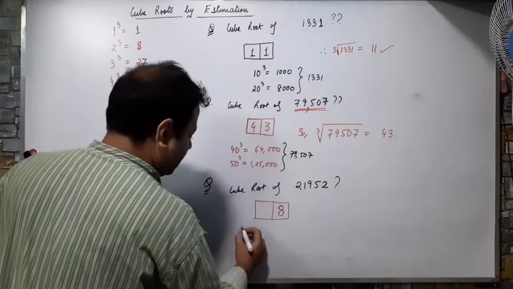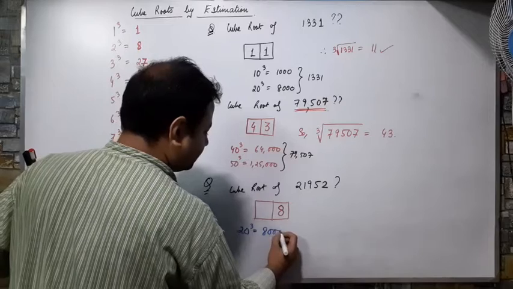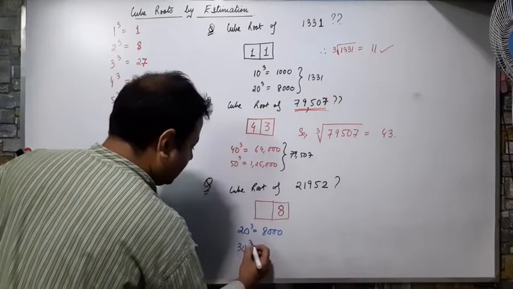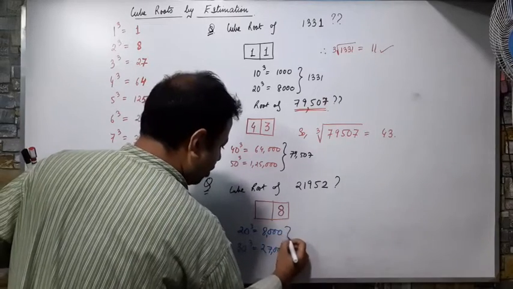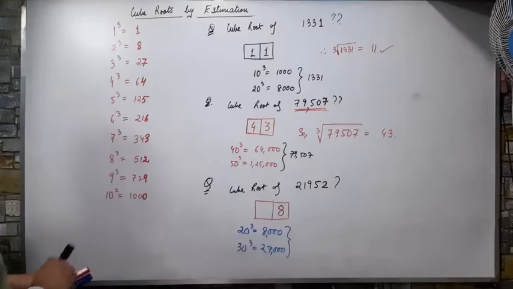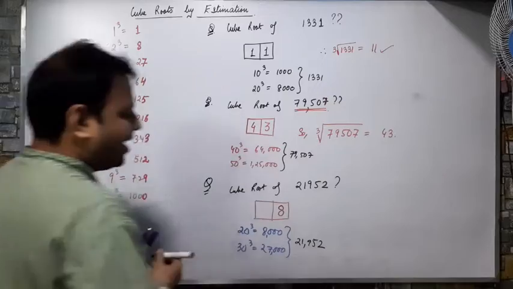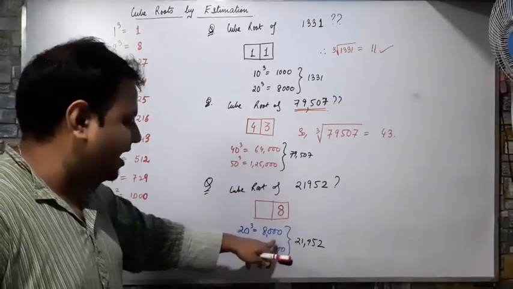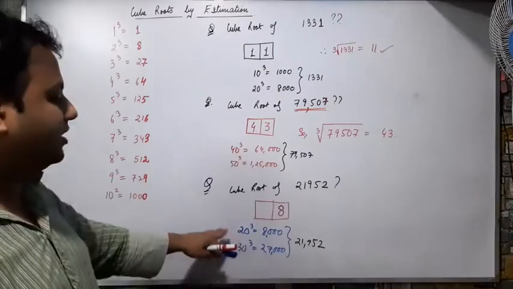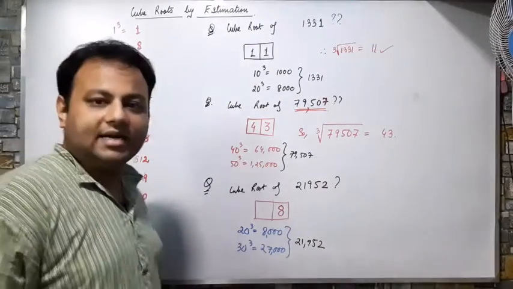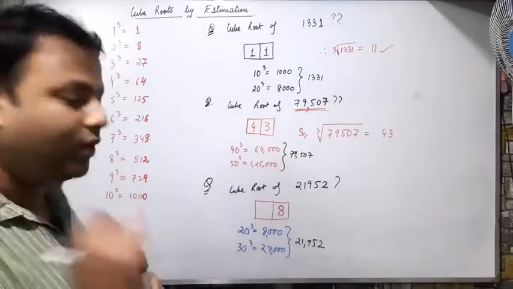I can write here, see, 20's cube is 8,000 and 30's cube is 27,000। So my 21,000 will fall between 8,000 and 27,000। So the cube root of this number must fall between 20 and 30। So what is that number that lies between 20 and 30 and ends with 8? That is 28।